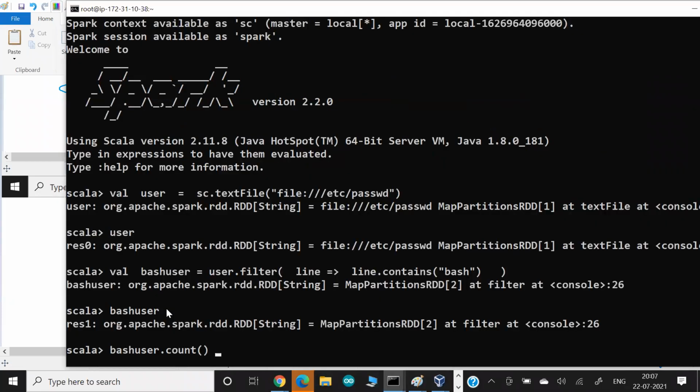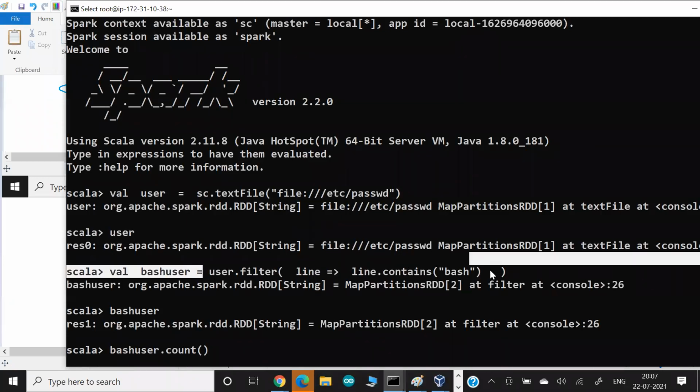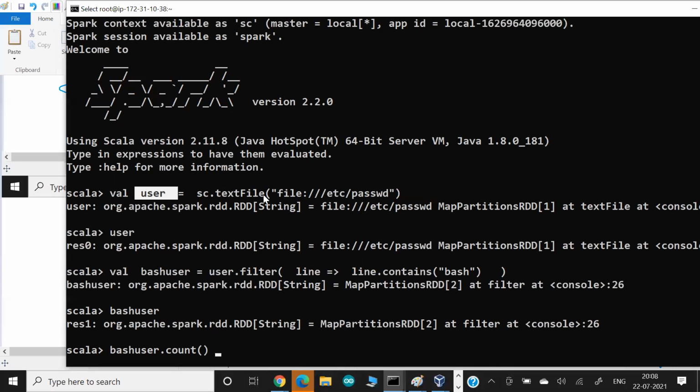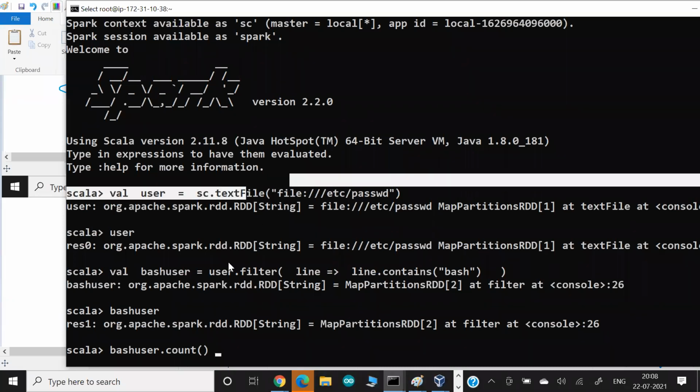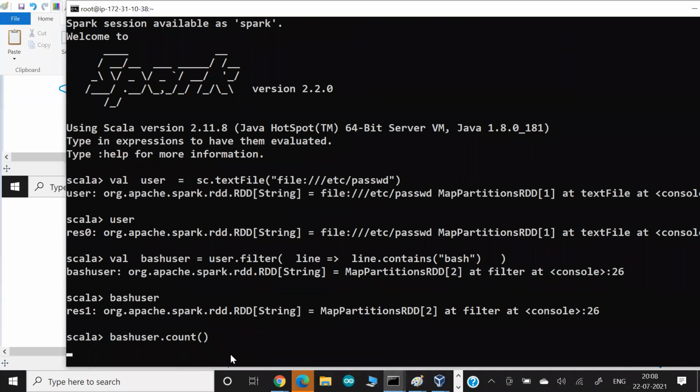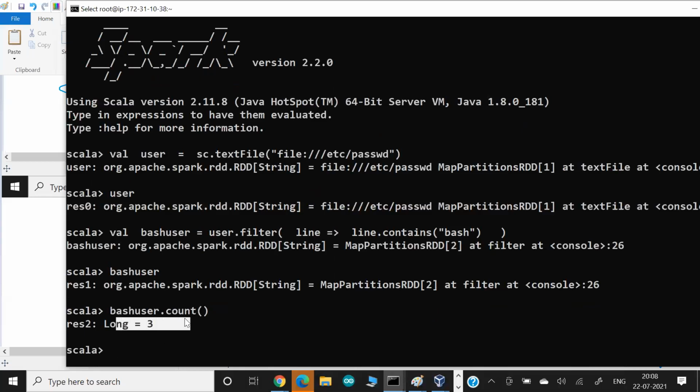And when I count, it says I need data. Where does the data come from? It says the data comes from the user variable, and the user variable is pointing to my local or my HDFS Hadoop. So wherever the data is located, it goes and retrieves the data at this point in time, and runs everything for you. So it's like a DAG, a directed acyclic graph. It will run this node, then this node, then this node, and finally analyze your data. Like I see here, very quickly they got the answer.